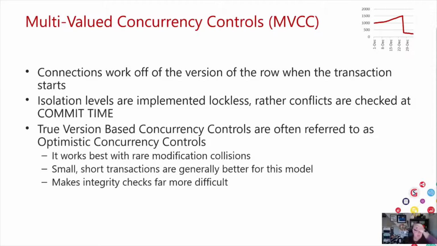It's typically considered optimistic concurrency control because of that commit time thing. So if I'm going to finish something two months, two minutes, two seconds later, I've done a lot of work. I don't want it to crash. So we're optimistic that there's not going to be a collision in our operation. It works best with fewer modification collisions and short transactions,